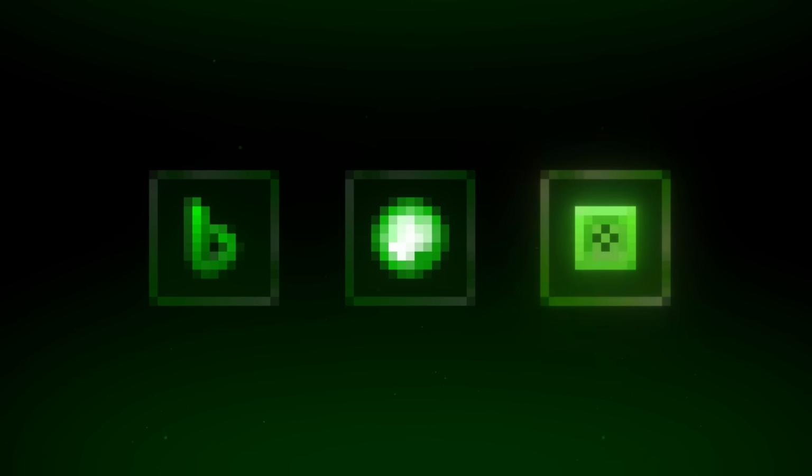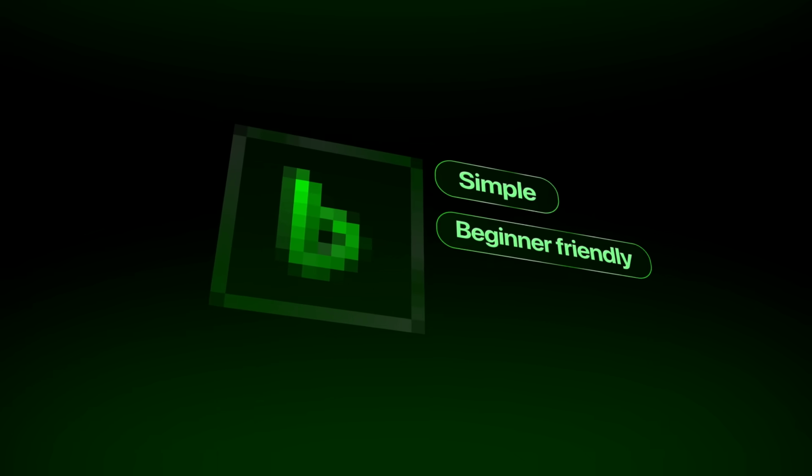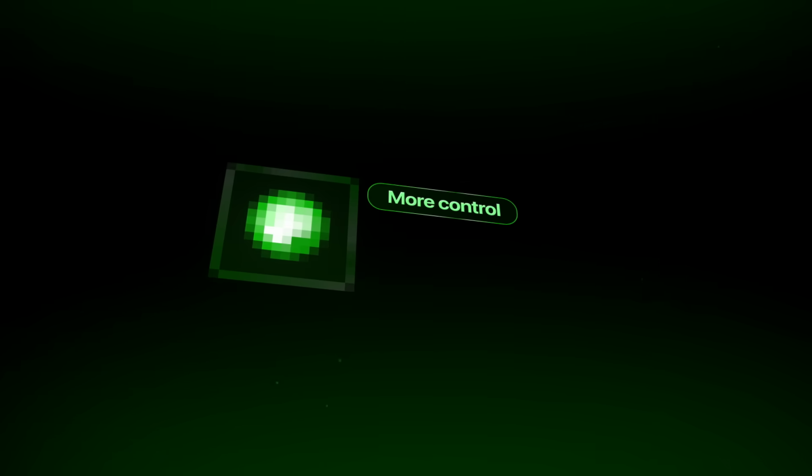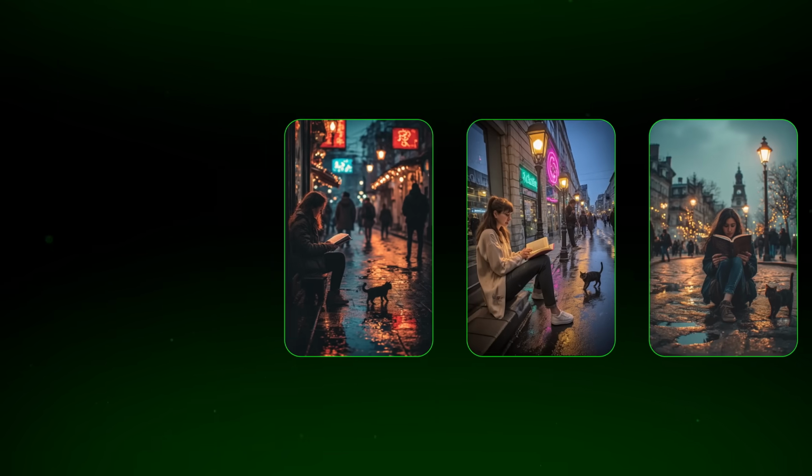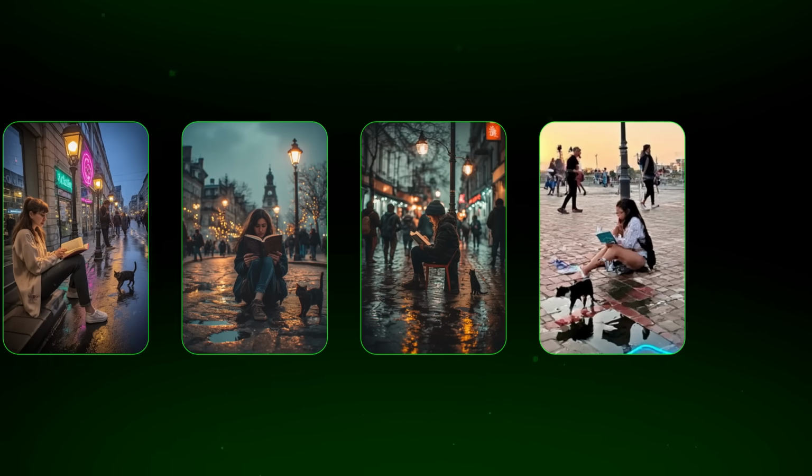In this video, I'll show you 3 free AI image generators that really work, each one with its own strength, and we'll start with a tool that's simple and beginner friendly, move to one that gives you more control over confusing scenes, and finish with a tool that can create detailed, clear images almost automatically. By the end, you'll understand the strengths and limits of these free tools, so you can decide which one fits